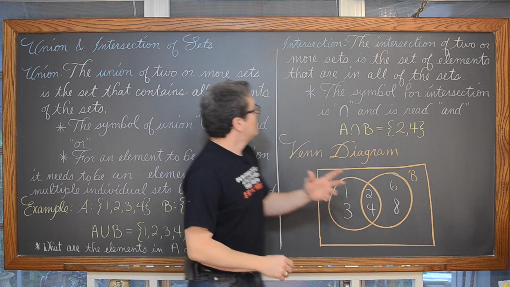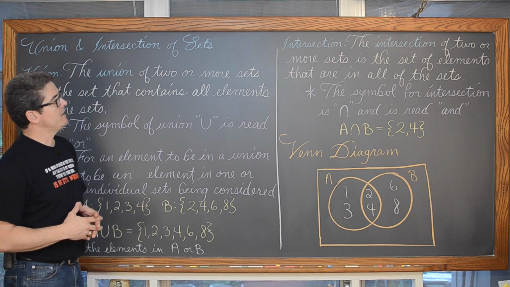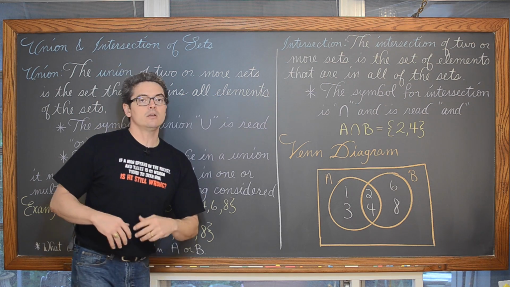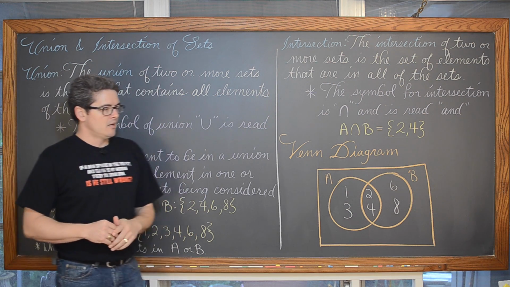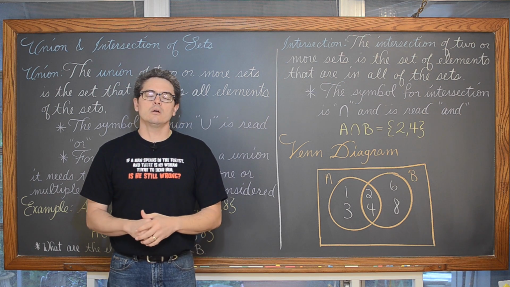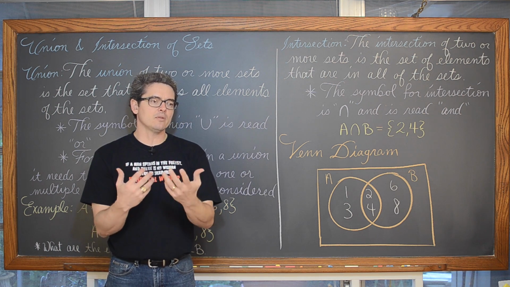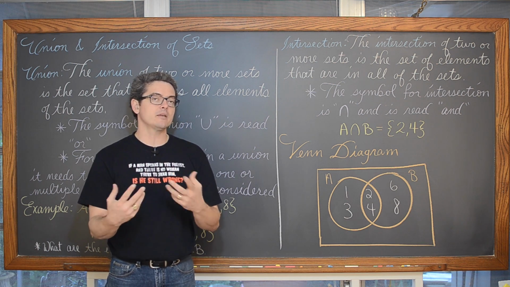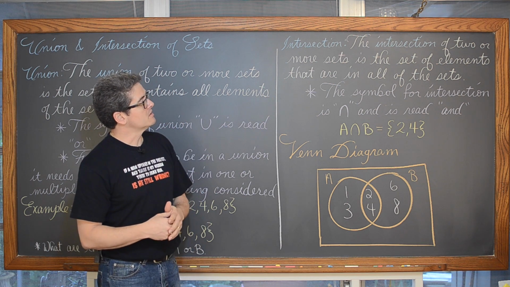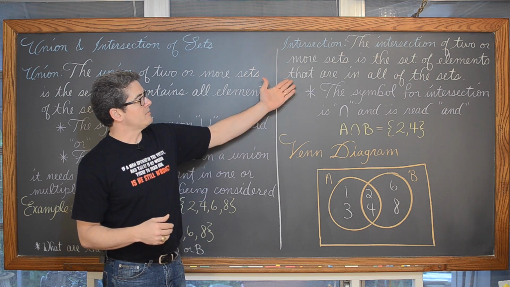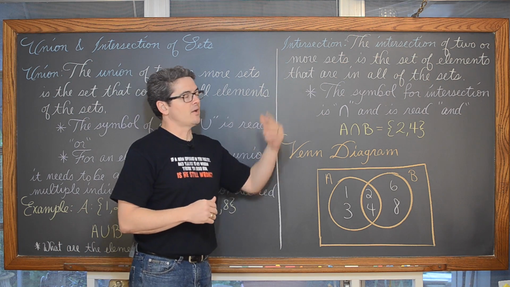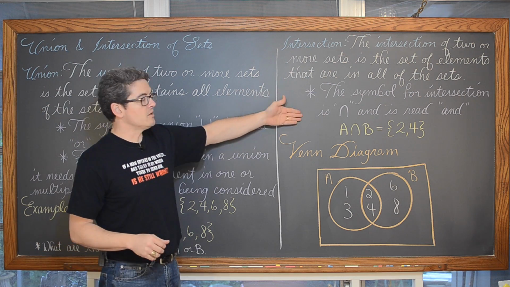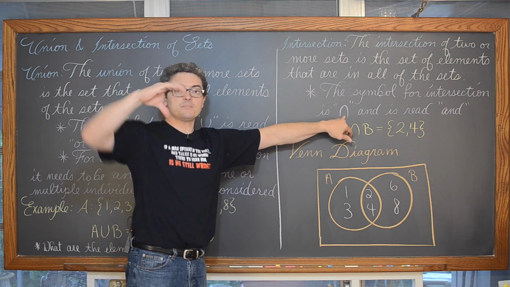Okay. Over here we have an intersection. The intersection of two or more sets is the set of elements that are in all of the sets. If, again, you are in an algebra book, it'll appear like all your problems only have two sets. So you'd probably be thinking that the intersection is the set of elements that are in both of the sets. But if you have more than two sets, you want to change that language to all of them. So the symbol for intersection is that U turned upside down.